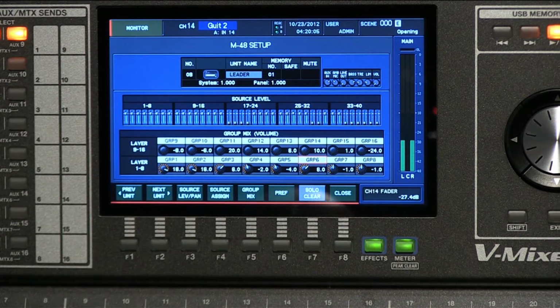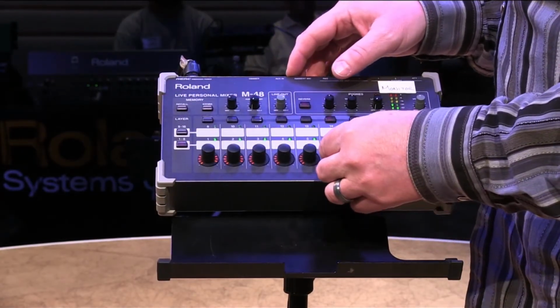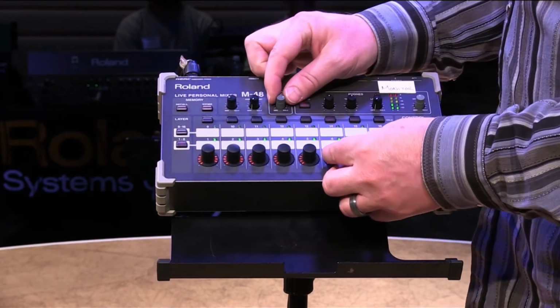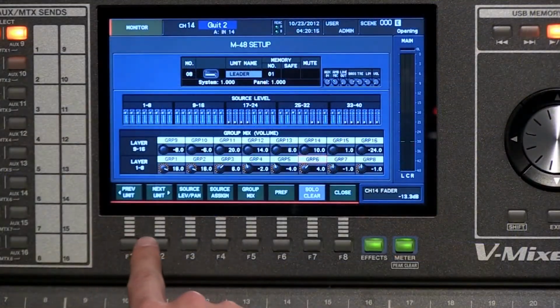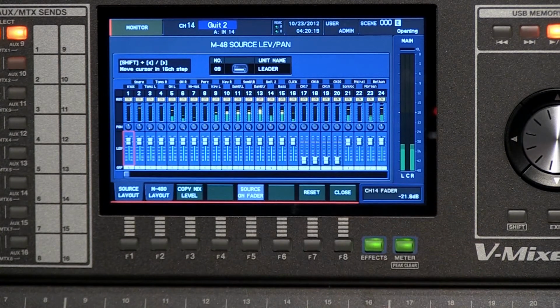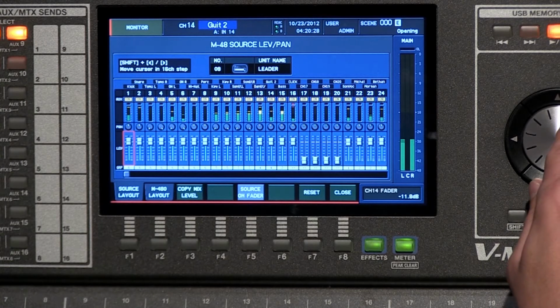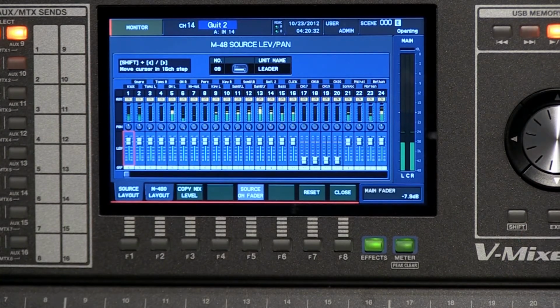So John, if you could solo group number 6. All right, so there we have all of the drums coming back. And what I'm going to do is go into the source level pan. So this is the next step. Once I've assigned all of the sources to a group, I now have a 40-channel mixer that I can use to adjust all of the levels. So if I wanted less kick, for example,